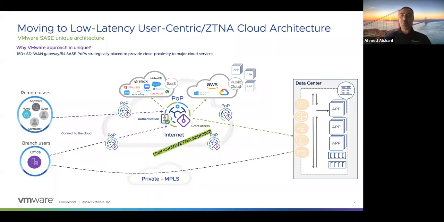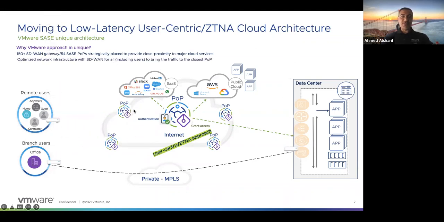So we're going to have a lot more POPs than anybody competing with VMware from the enterprise-centric providers like Cisco, Palo Alto, and others. And by the way, these POPs are very close to the service providers' POPs, or in the same location. The second thing is we are optimizing the traffic from the user to these POPs. We are not sending IPsec tunnels. We are not using legacy connectivity to these POPs. We are using SD-WAN, and that's the key differentiation point between VMware and everybody else.